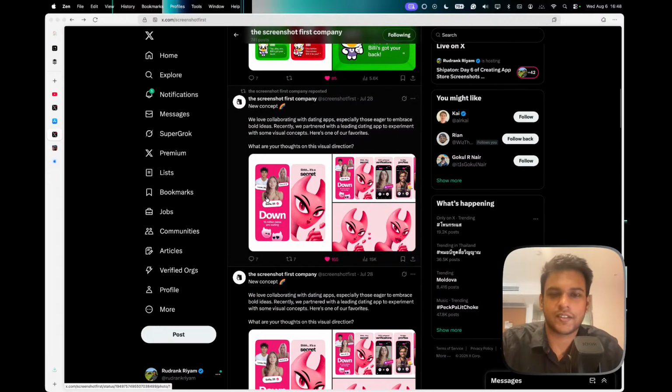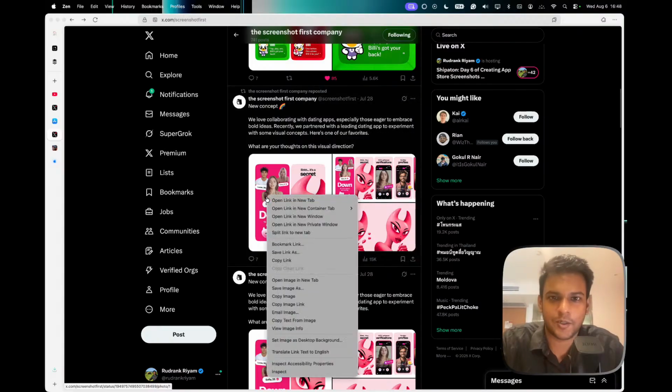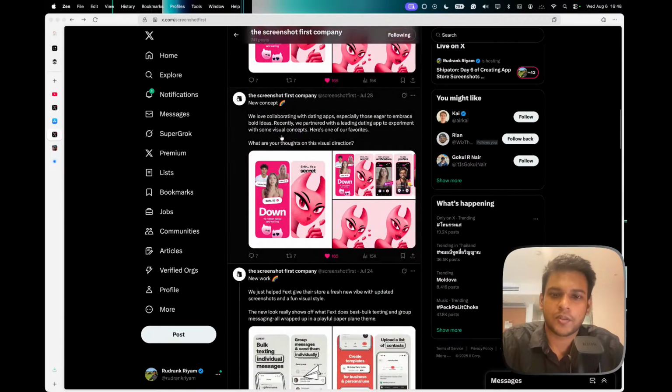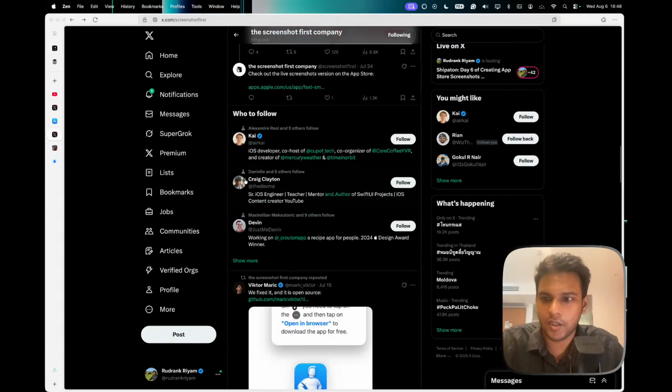But what I've realized is that when you're on your phone, you will find the first three screenshots, and that should be the most compelling one. I have actually seen some apps that are making millions, and they only have three screenshots, but they are so compelling that you would want to use the app. So this is my thing that I want to work on.